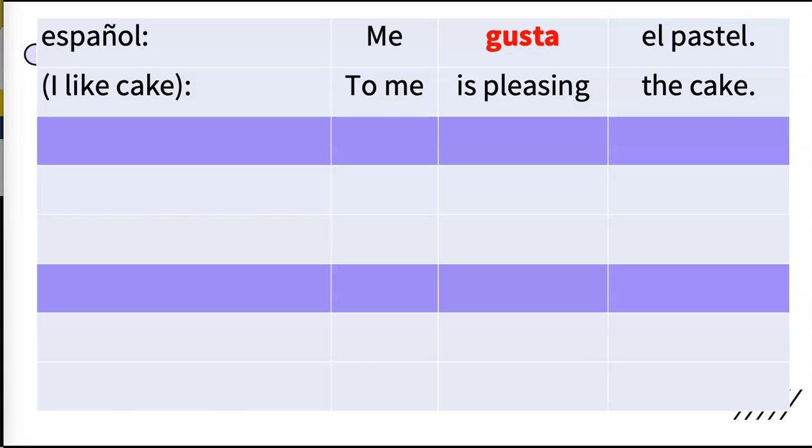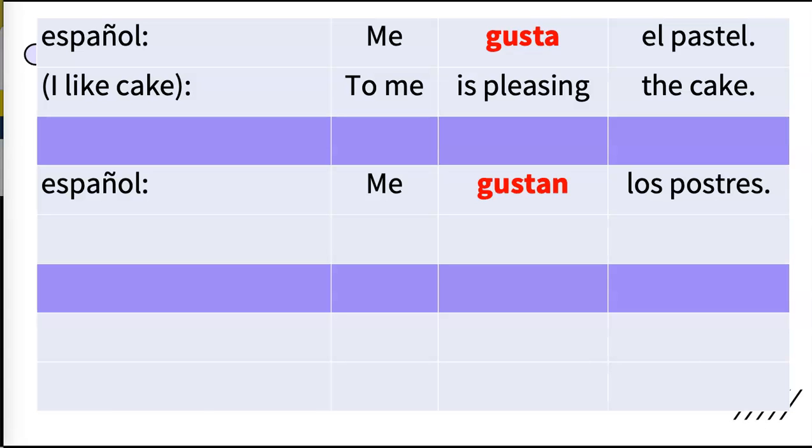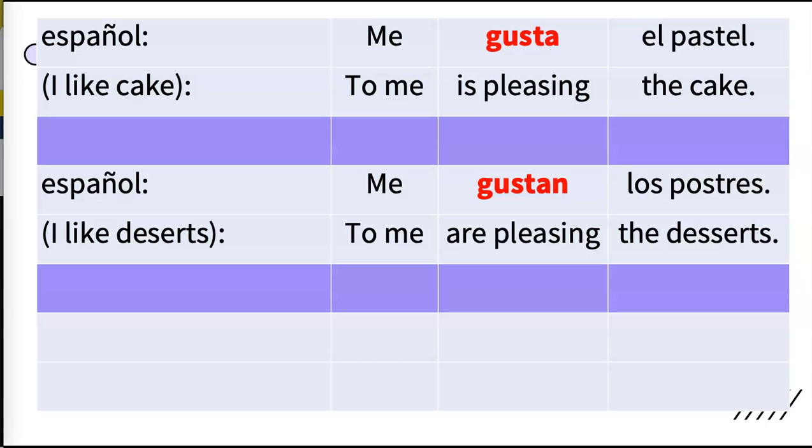Now look at the two translations. Naturally, we would say, I like cake. But to help us understand why we use gusta, always keep in mind the literal translation. To me is pleasing the cake. How about this sentence? Me blank los postres. Which verb would you use here? Gustan, because the natural English translation, I like desserts, is more literally, to me are pleasing the desserts. Desserts is the subject, and we have to use a plural verb,